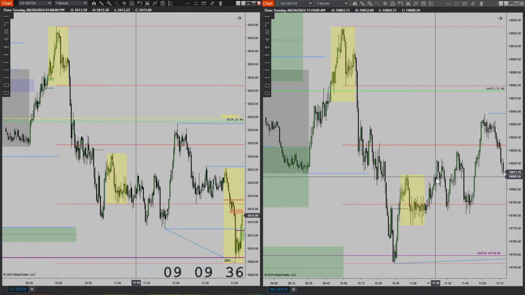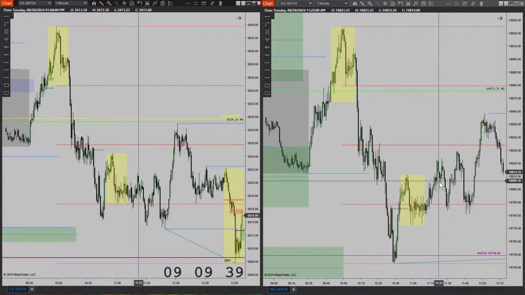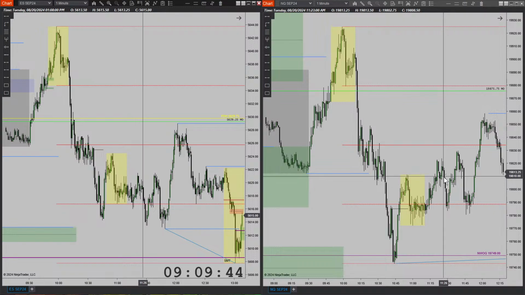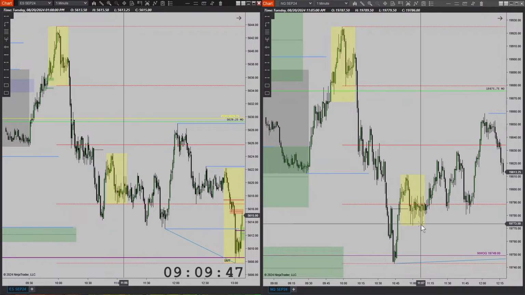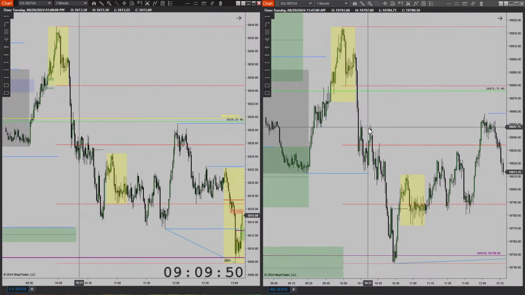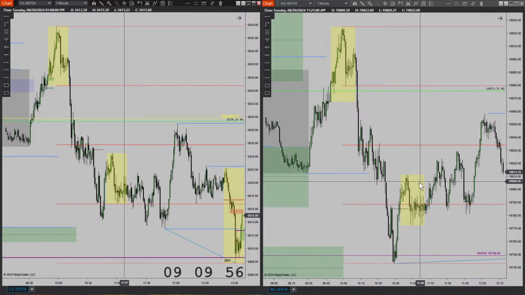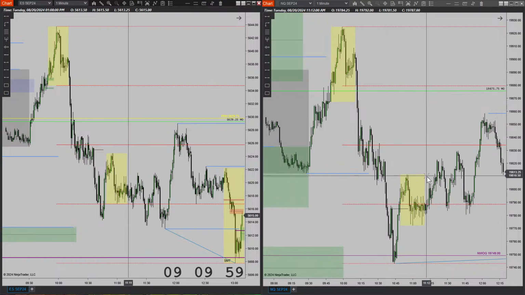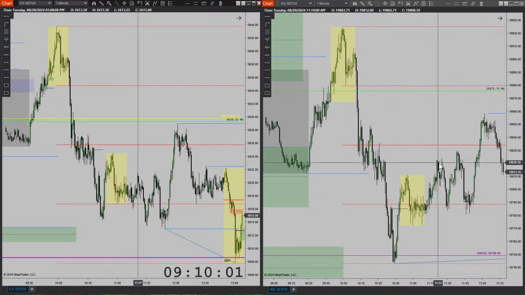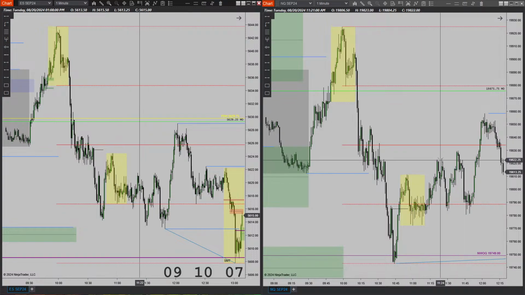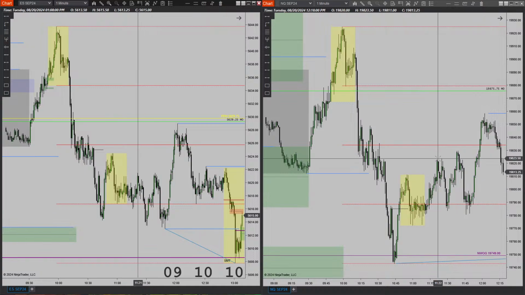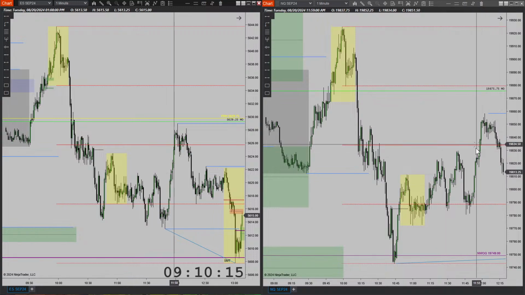Once price took this high, retraced, and then took this high, I actually got out right here. So a tiny win. And honestly, my stop was here, and obviously we never got that stop before I ran these highs here. But by this time, like I said, it was already way past the macro, and I wasn't getting any moves. After this one, I had expected the next one to just continue drawing higher, but it didn't. So I went ahead and closed it because obviously we were way past the macro, and if price was to continue drawing up to these highs, then the up move would have been as aggressive as this one.